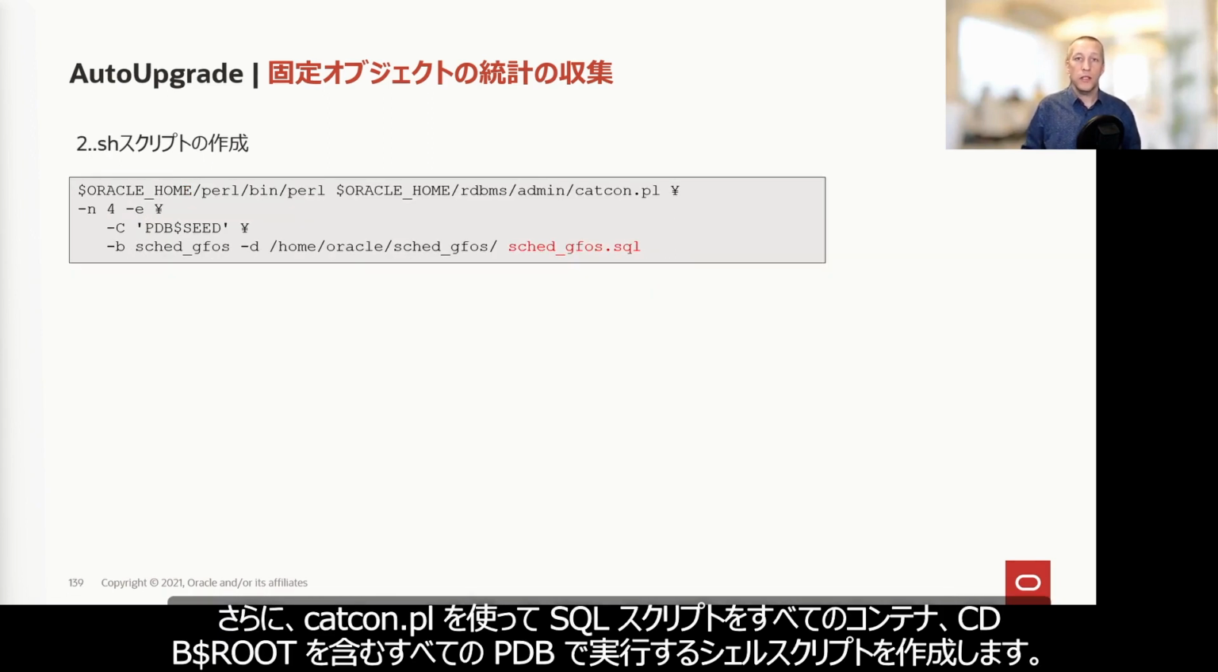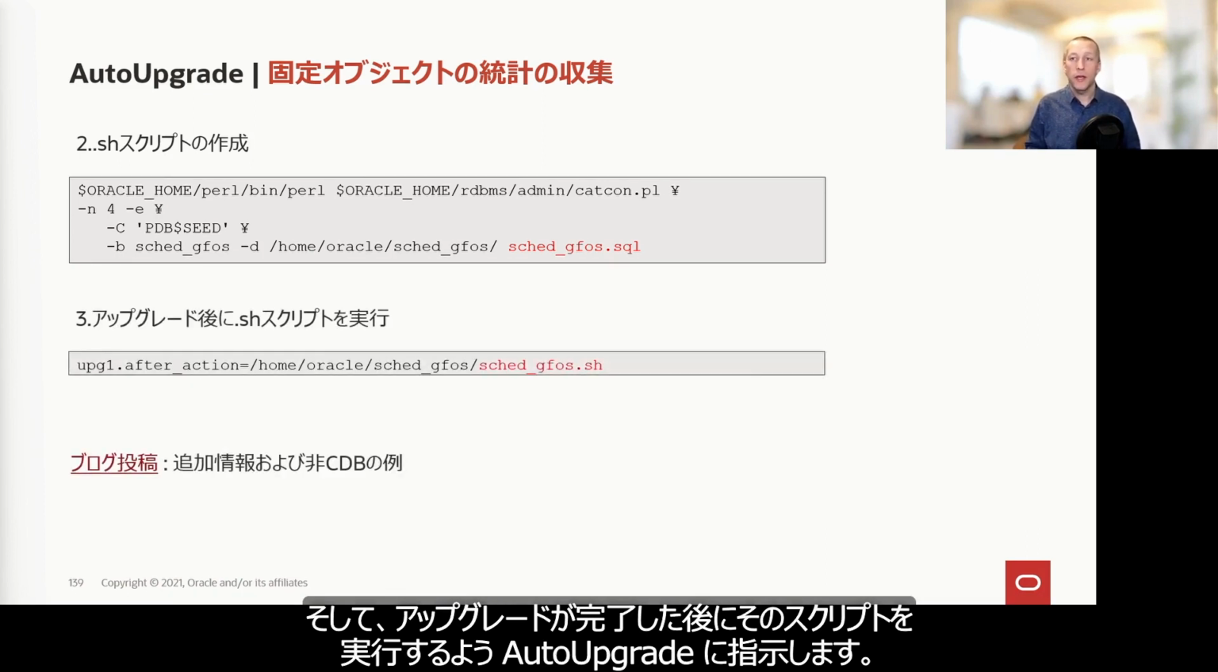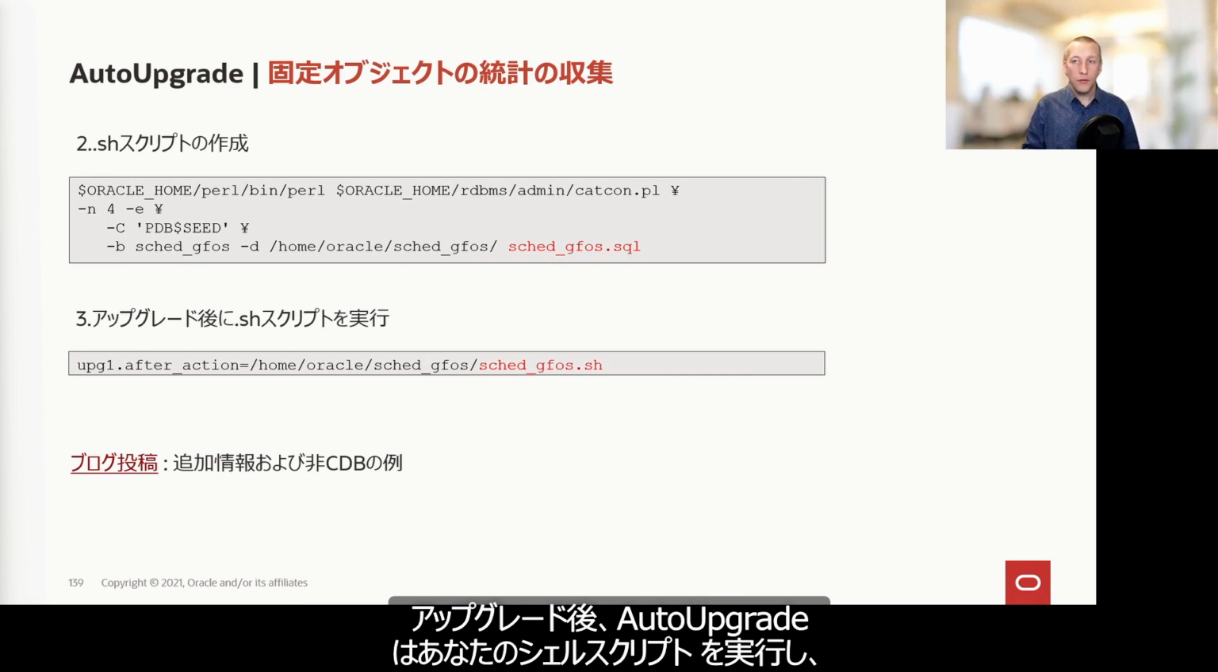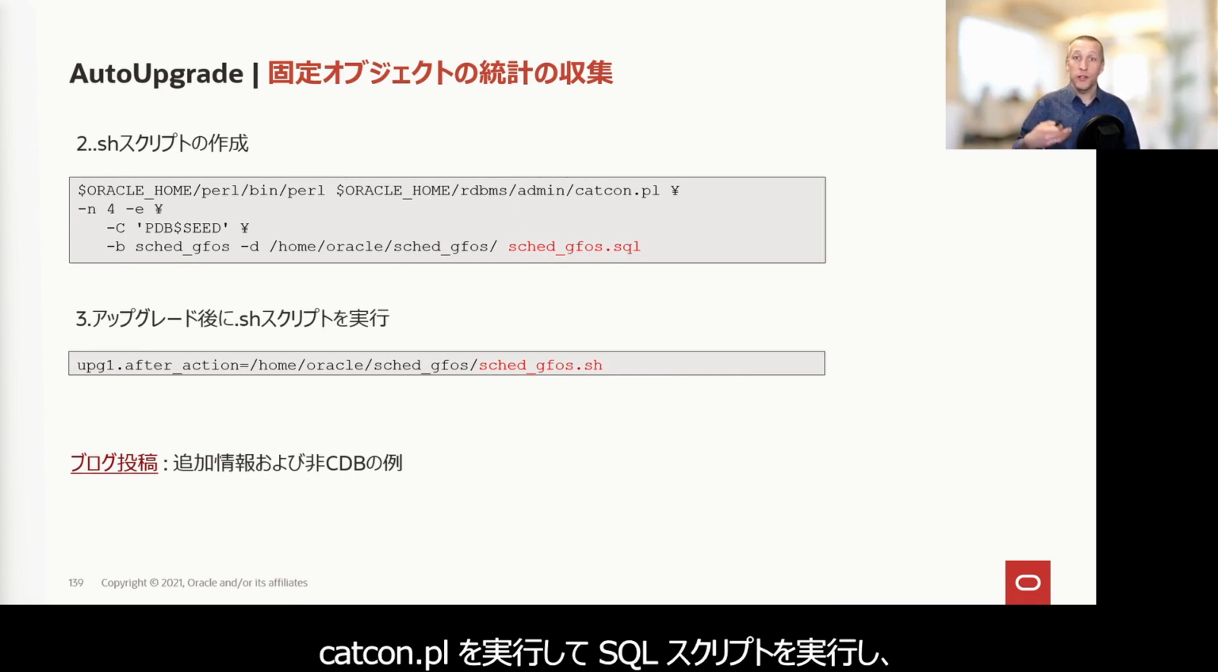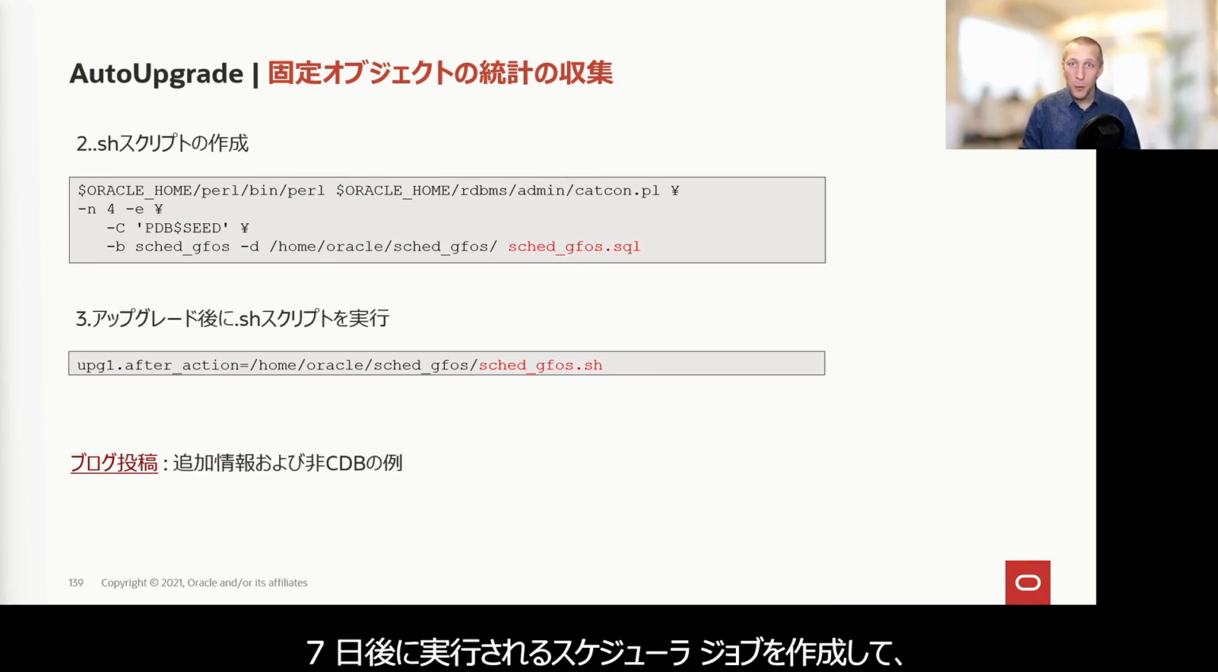In addition, you create a shell script that uses catcon.pl to execute your SQL script in all of your containers, all of your PDBs, including CDB$ROOT. And then you tell AutoUpgrade to run that script after the upgrade has completed. So, after the upgrade, AutoUpgrade will run your shell script, which runs catcon.pl, which executes your SQL script, which creates